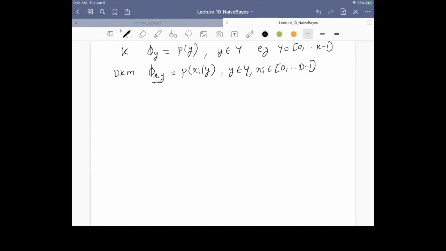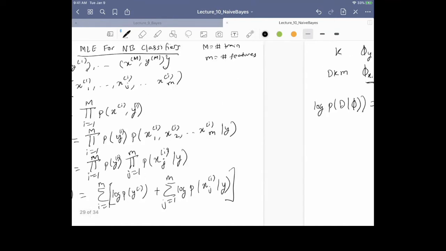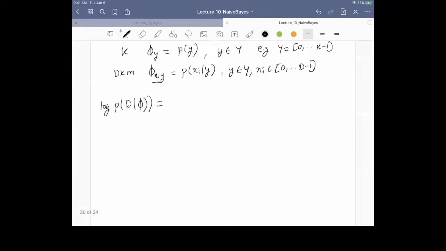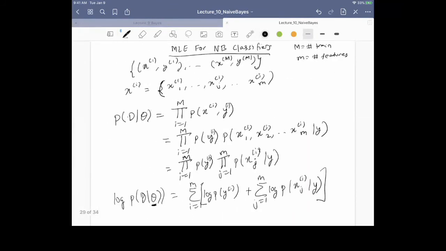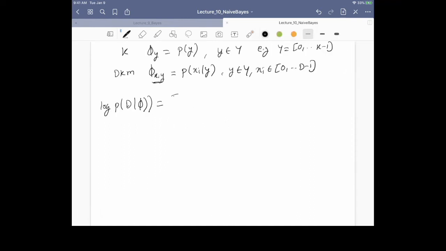So now what we can do is put this back over here. So this is essentially log of p of the data given the parameter phi, okay? And for this log likelihood I'm going to do a slight trick over here. Since my y_i is going to take one of the values from 0 to k, I can rewrite this expression. Maybe before rewriting I'll just write this down clearly.